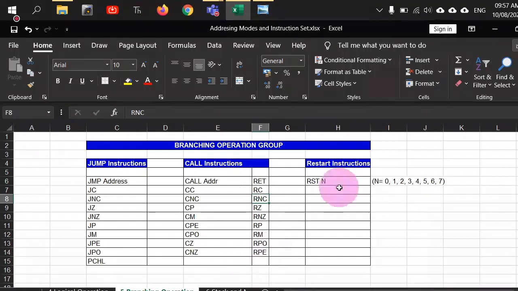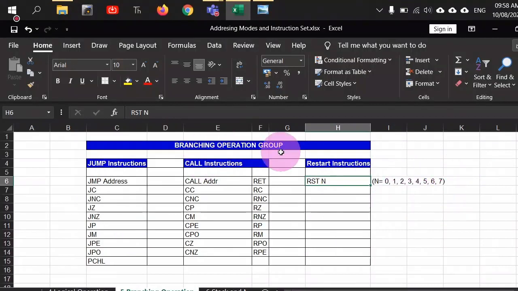Then there is the reset instruction, RST n, which we have studied in the context of interrupts. This n can have a value from 0 to 7. It is used to implement software interrupts, which are non-maskable. They have the highest priority and are synchronous in nature. If you want to make interrupts from software, the RST n instruction is there, and you are already aware of it because we have used it frequently in our laboratory as well as in lecture sessions.